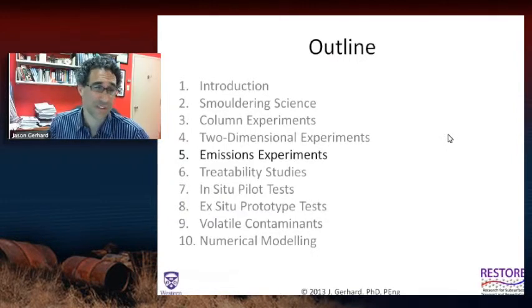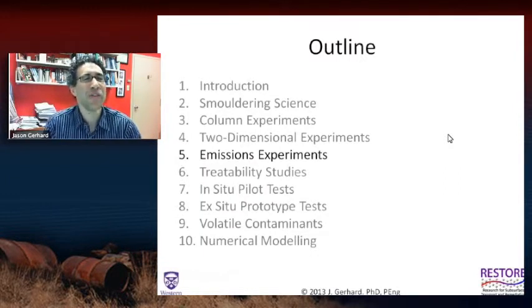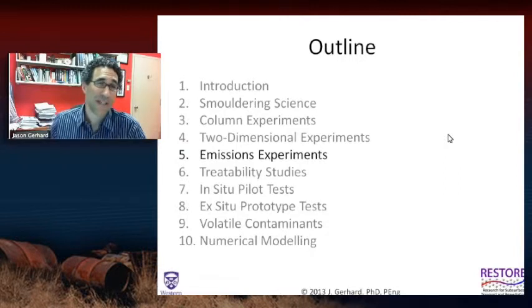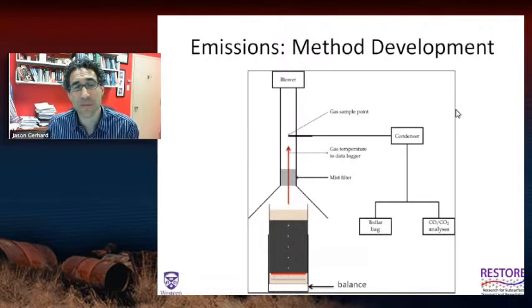We have started recently to analyze for emissions, mostly because as you start to take things from the lab scale to the field scale, of course, getting regulatory approval, emissions are a very important component of that. And also, some people have been asking the question, well, how do you know you're actually destroying the mass? What if you're actually emitting it and most of it's just being emitted and not actually being converted to carbon dioxide and water? And so we wanted to look at that, and so I only have some very preliminary results